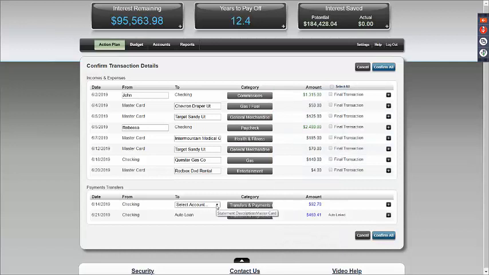And this one down here, we're going to just say the savings for right now. And we're going to click Final Transaction. Now, the idea here is before these items are integrated into your program, you want to verify the dollar amount,